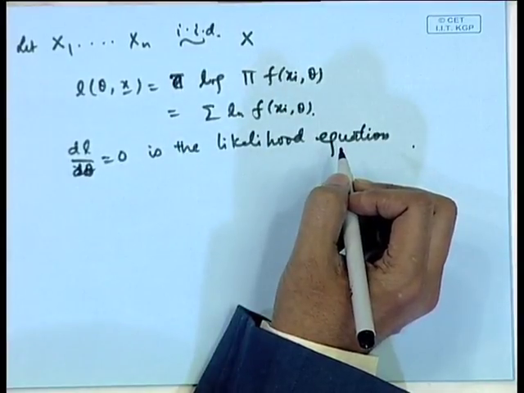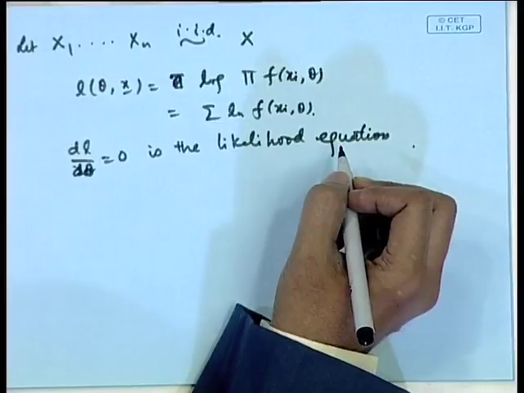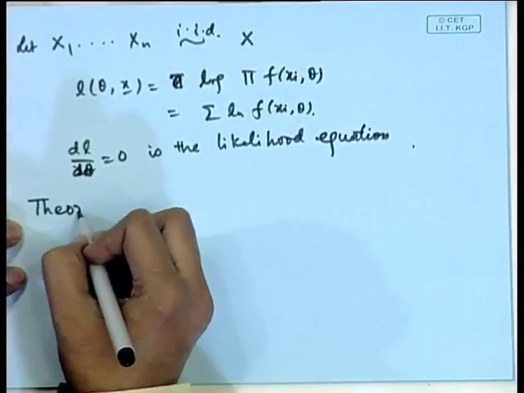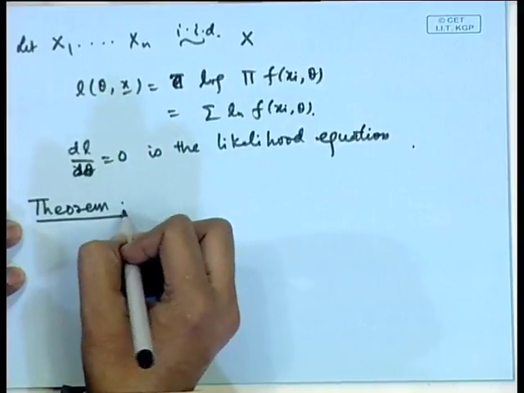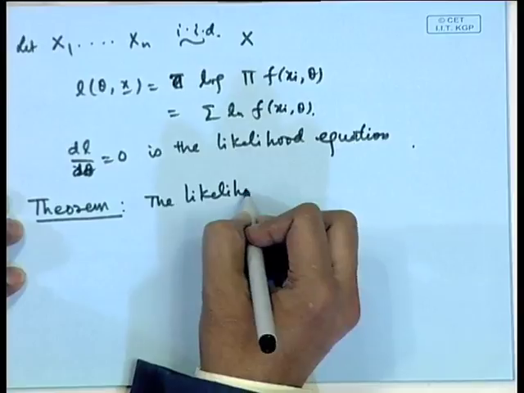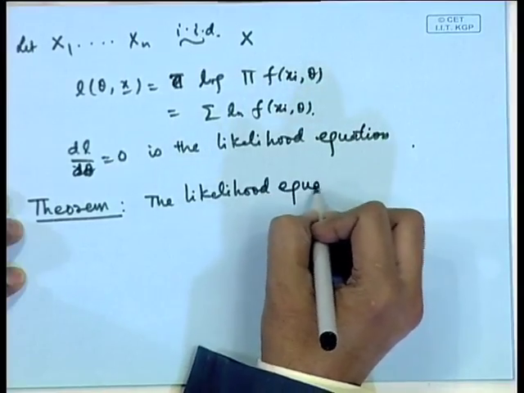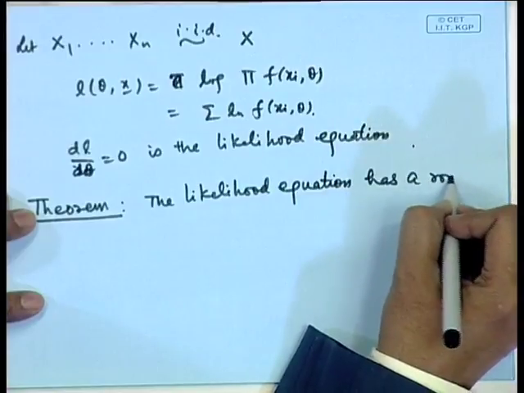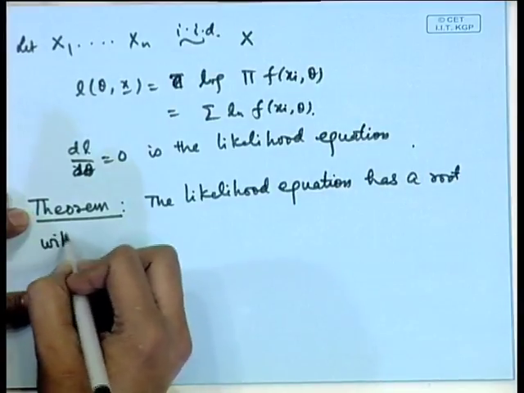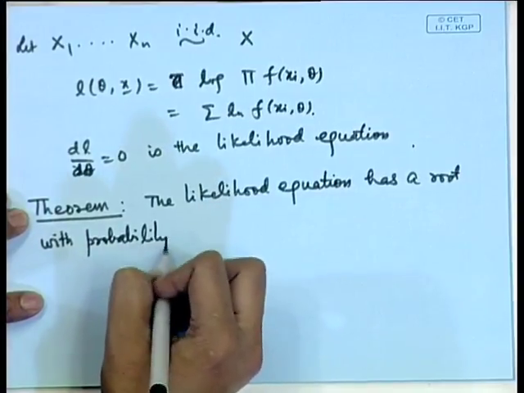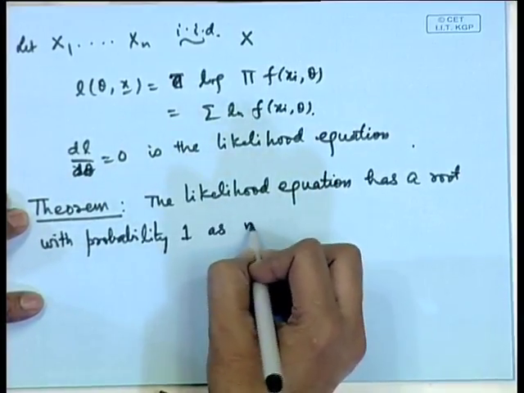So, we have the following result. The likelihood equation has a root with probability 1 as n tends to infinity,